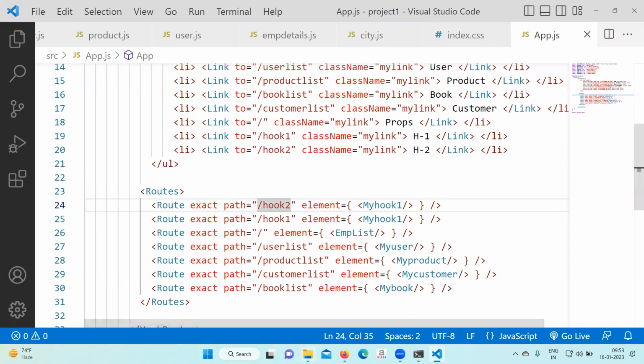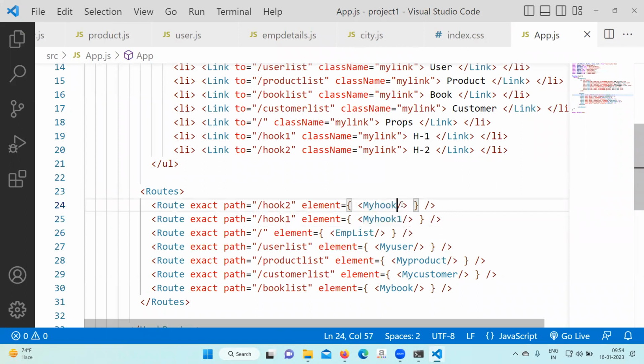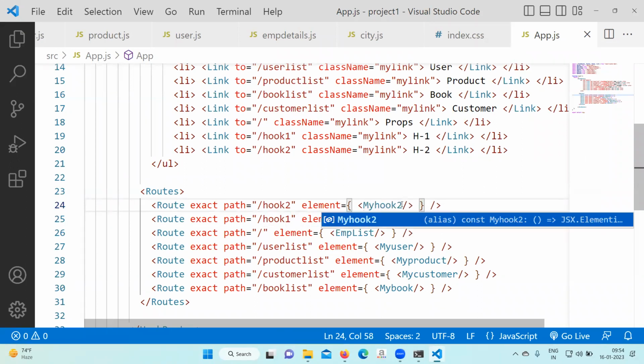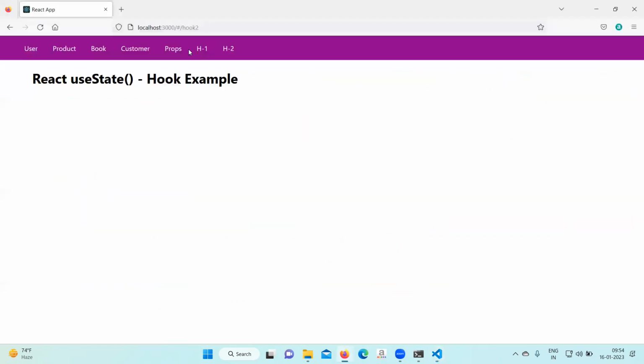Page loaded. In hook 2, why is it printing the same? Okay, because I am calling hook 1 only. Hook 2 I should call. Right. Now in this, data will come from the array. We have to read the data from